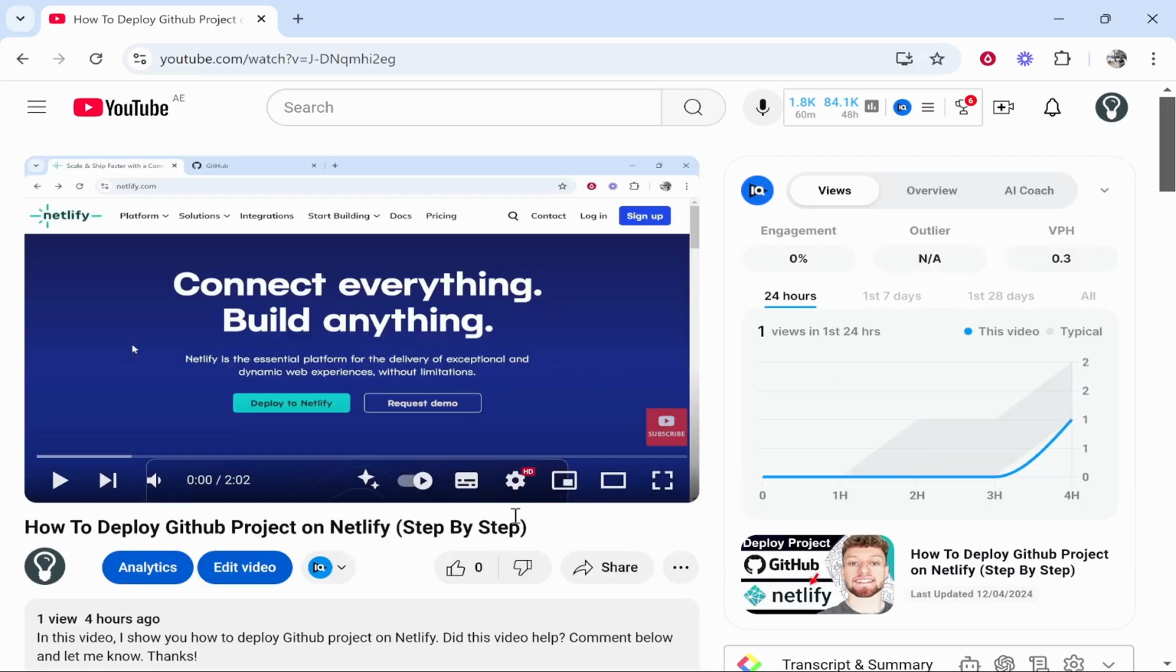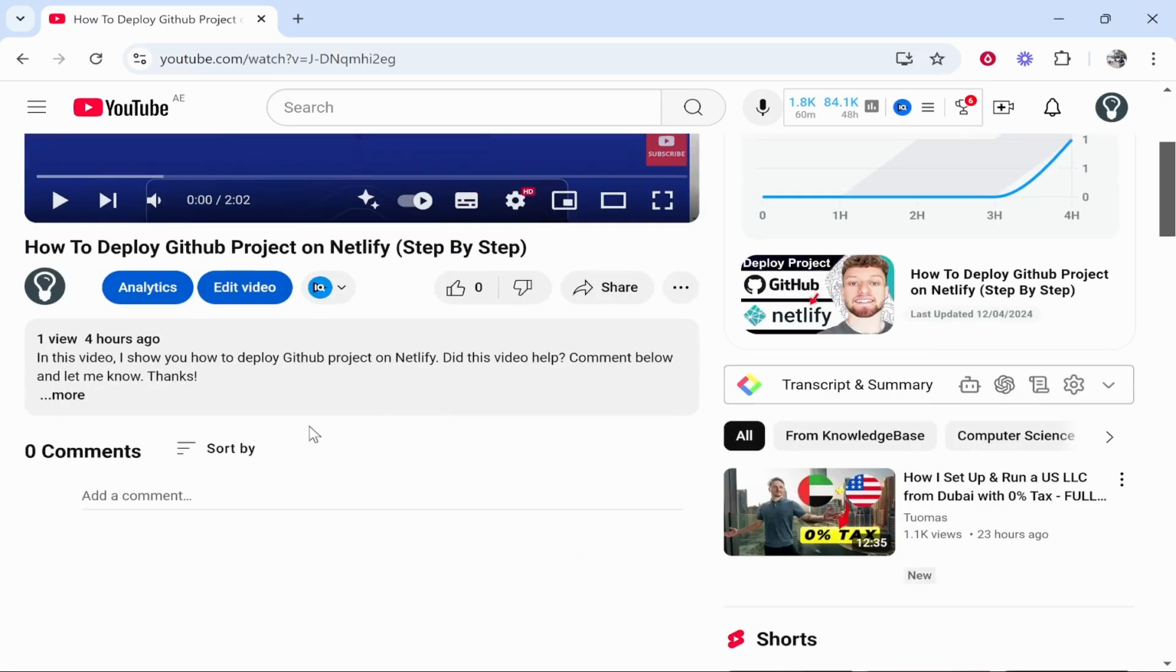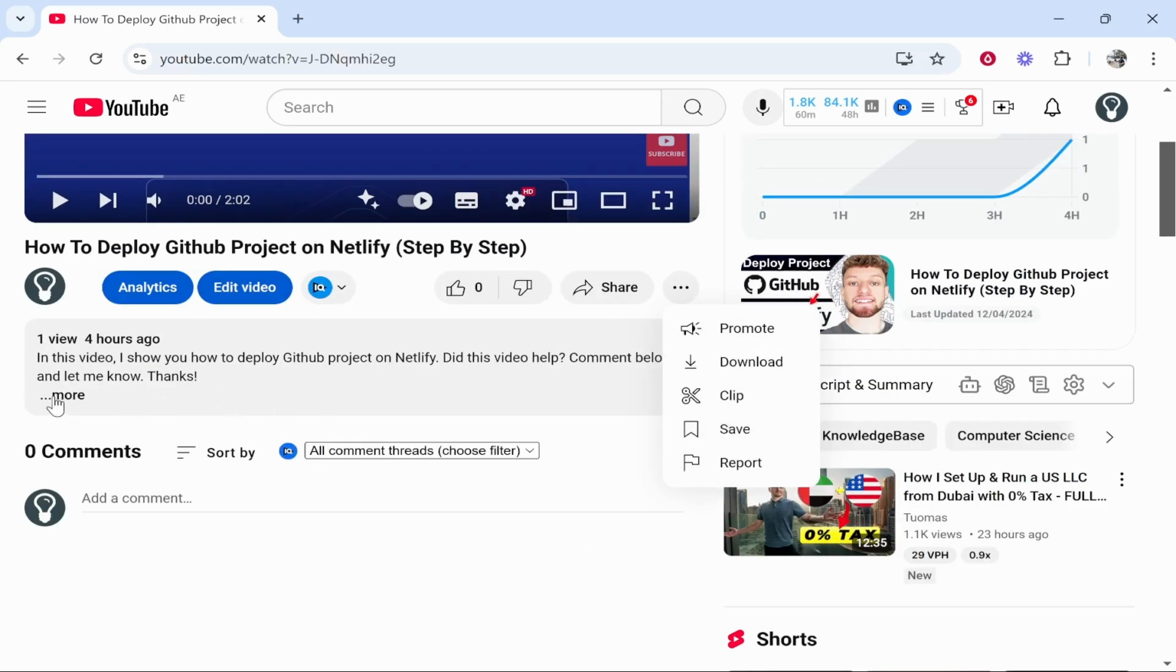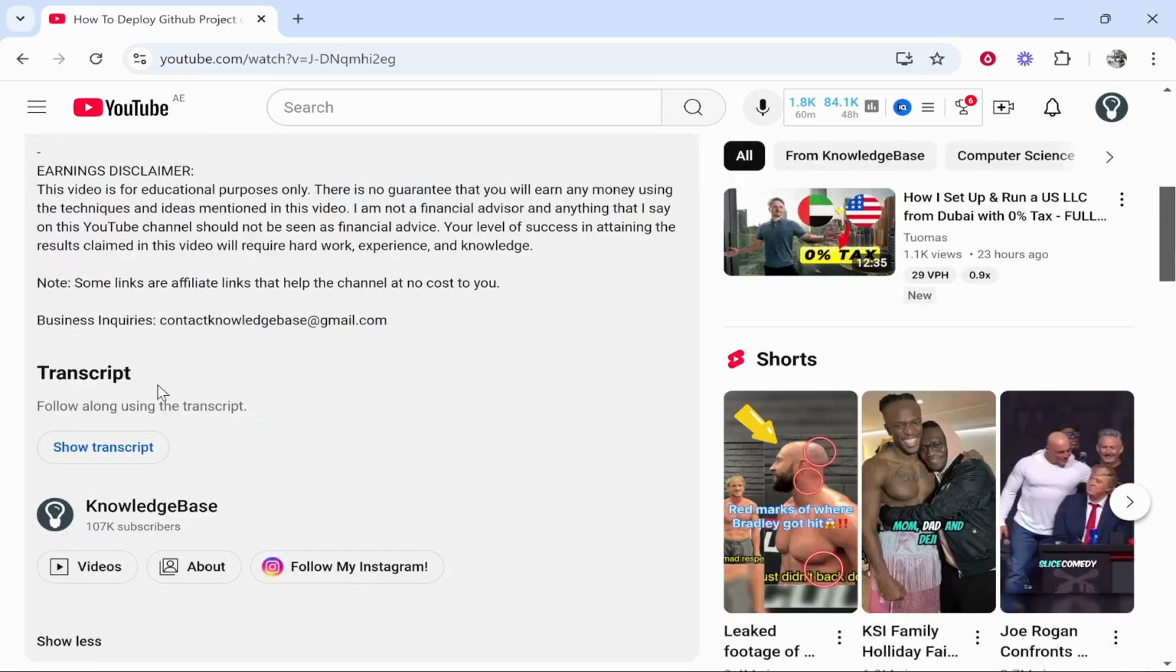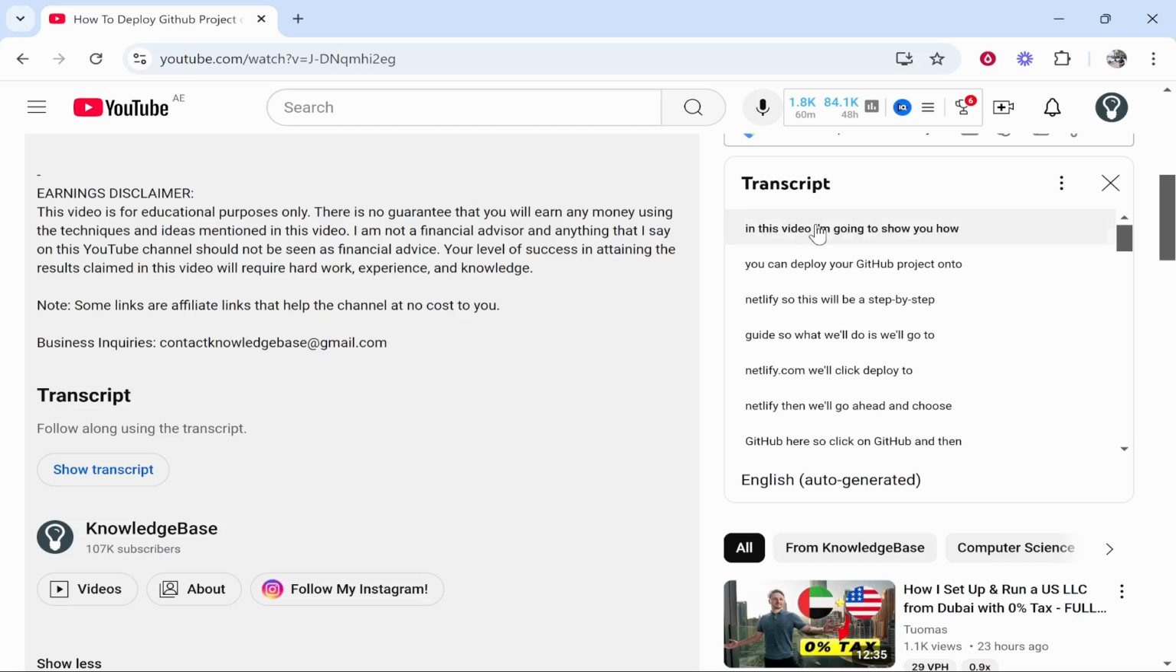Now what you need to do is you need to go ahead and scroll down. Now before, the transcript button used to be the three dots and it used to be here. Now you need to click on more under the description. Then you'll see transcript. Here you can click show transcript and it will then show in the top right hand